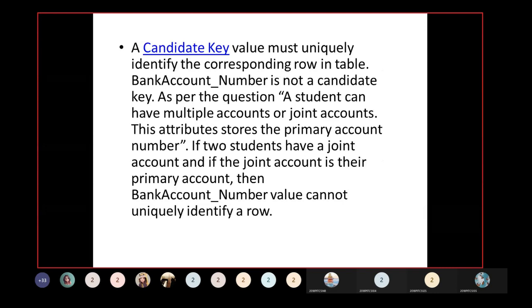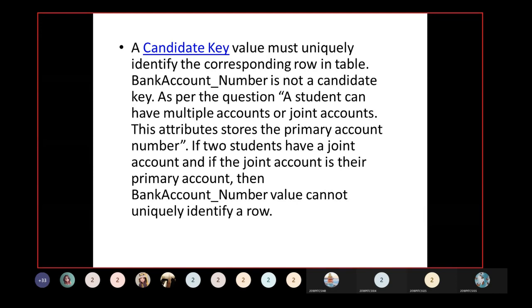This is the question they asked in A. This attribute stores the primary account number. If two students have a joint account, and the joint account is their primary account, then the bank account number value cannot uniquely identify the row. Is it clear now? A candidate key value must uniquely identify the corresponding row in a table.